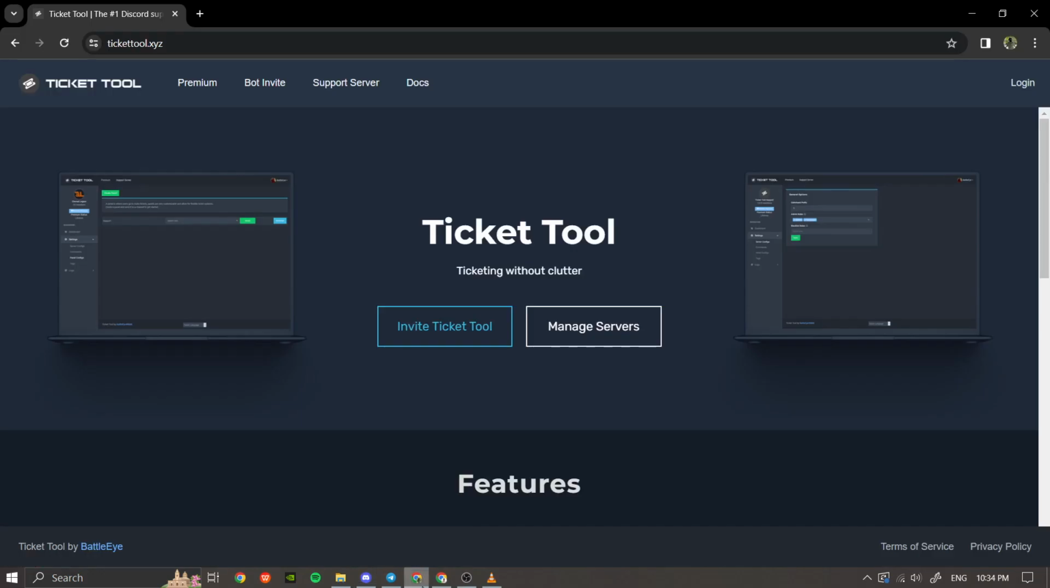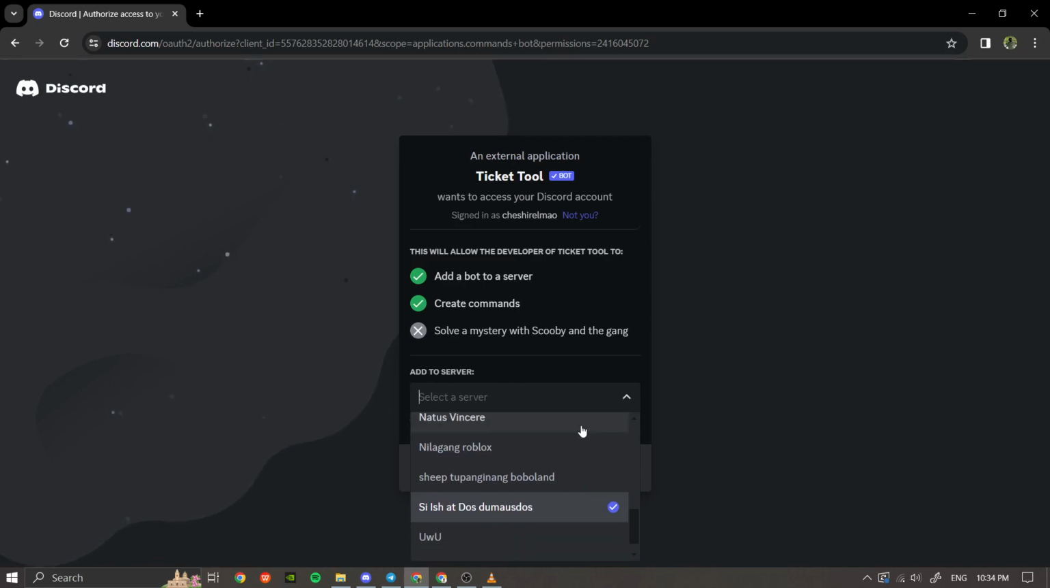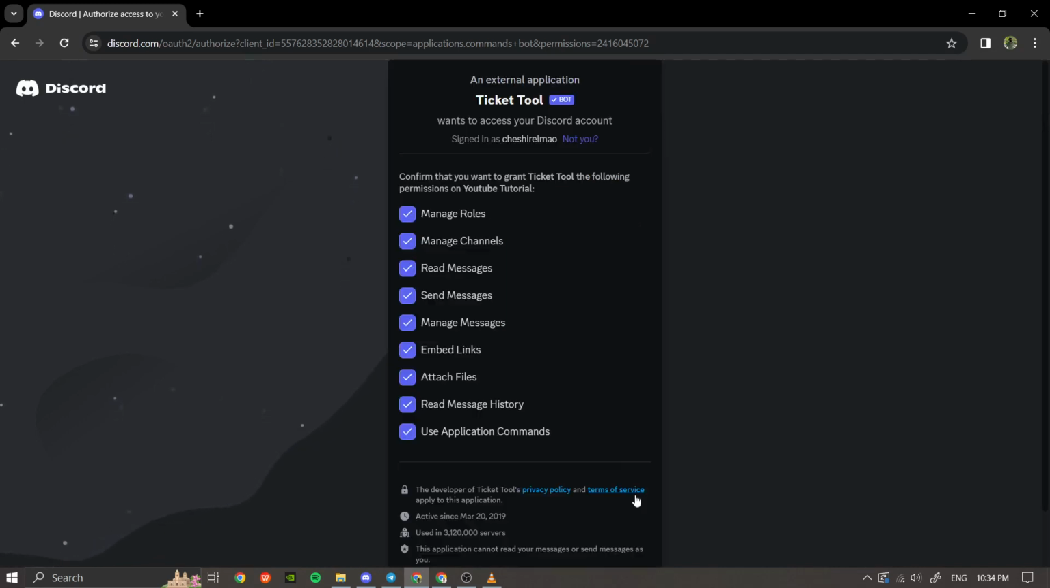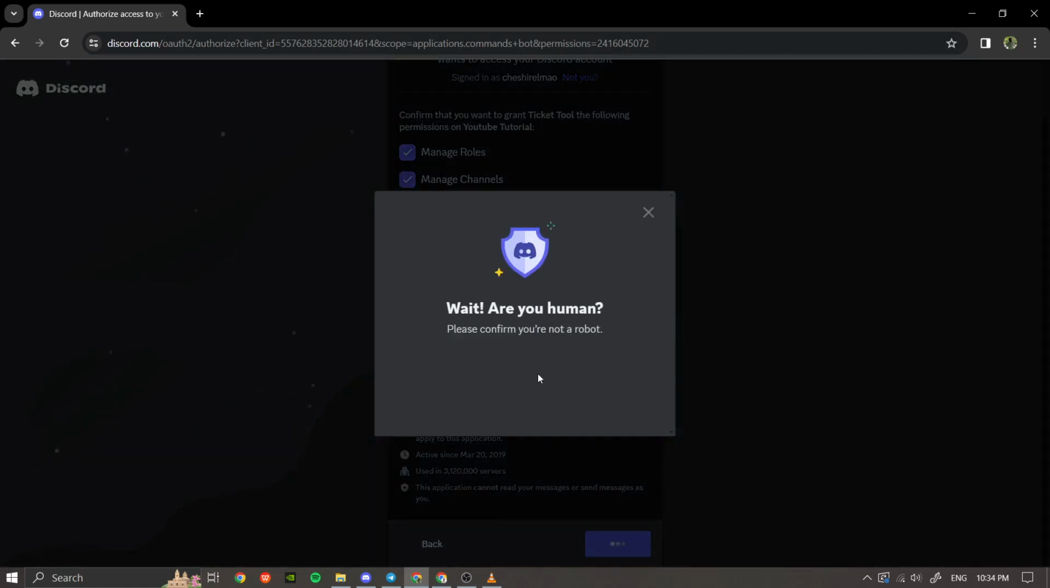First things first, you want to go to tickettool.xyz, then click on Invite Ticket Tool and add it to your chosen server. Then just authorize the bot by clicking Authorize. After that, confirm that the bot is added to your server, then go back to the website, click on Manage